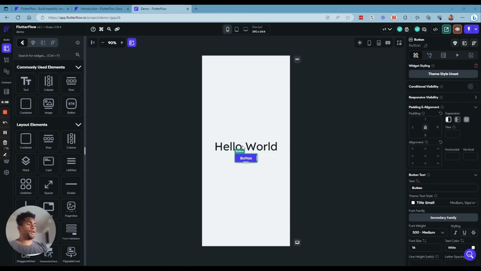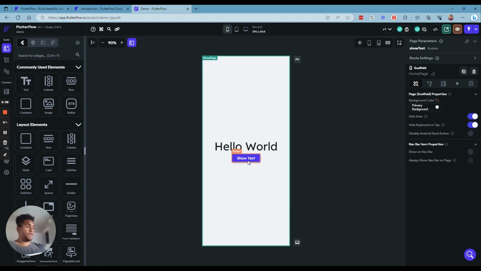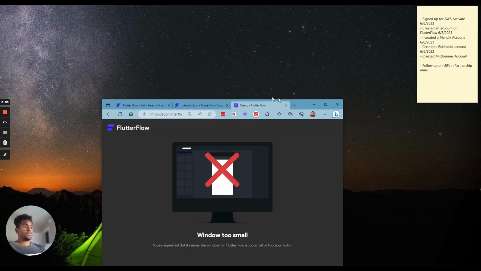So when I click the button, I want to hide the text, and when I click the button again, I want to show the text. And I actually want the button to tell me what it's going to do when I click it. So what I mean by that, instead of saying button, I want to change the text of the button to say show text. So when I click this button, I want the text to be shown. So one of the ways